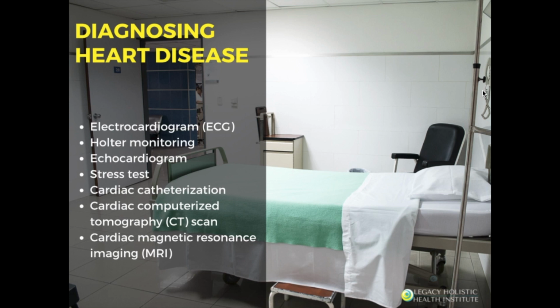Cardiac magnetic resonance imaging, or an MRI of the heart, is a test where the person lies down on the same kind of table in a tube-like machine where this magnetic field produces these pictures to help the doctor evaluate the heart. It's very similar to a CT scan of the heart, and it gives these different images of slices through the heart to see the functioning of the valves and to see if there's any defects or any issues present.